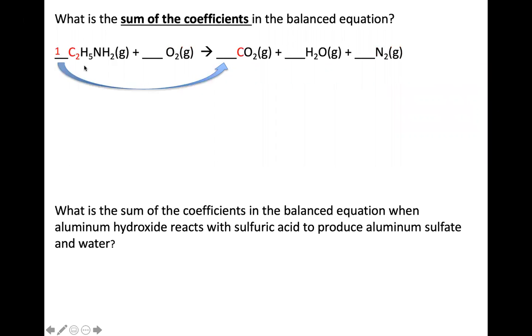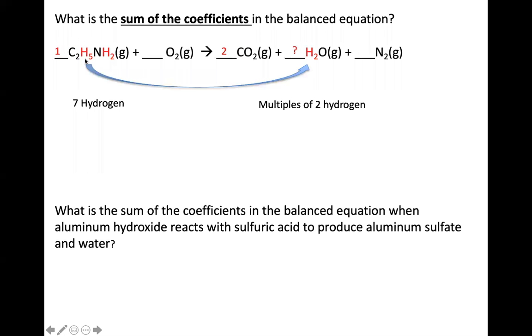So let's start to just go through the process. Right here, I'm going to balance this reaction first, and I'm going to be looking at the carbon in it. I'm just starting there. If I look at this, I see that I have 2 carbon atoms listed. So I'd have to put a 2 as the coefficient there. That's the only spot that I see carbon. So I know that my carbons are now working out. How about the next one? There's a total of 7 hydrogens here. Hydrogens only showing up over here. Now, if I pause within this, I see that I have 7 hydrogens, and over here it's going to be in multiples of 2.